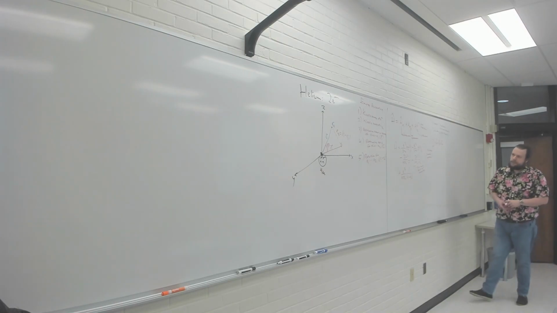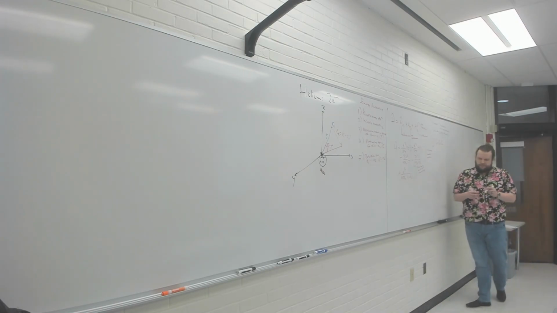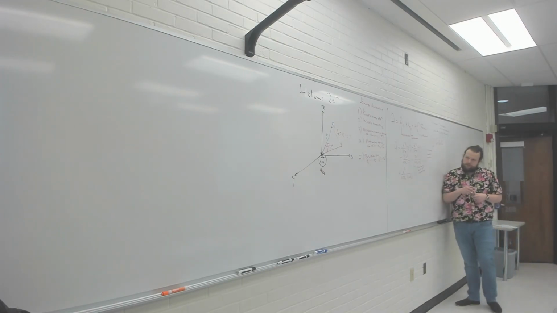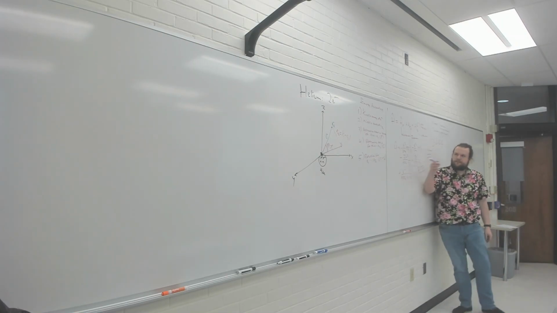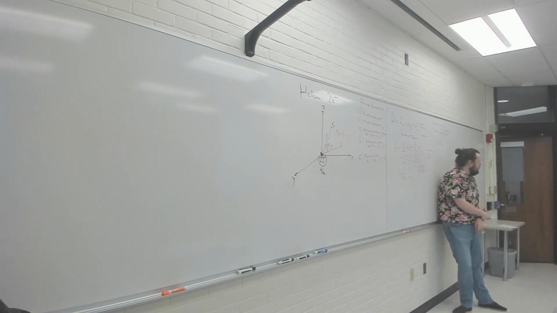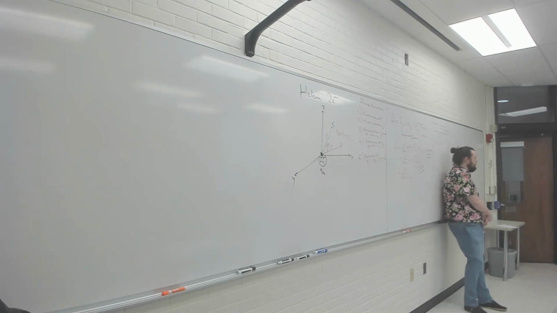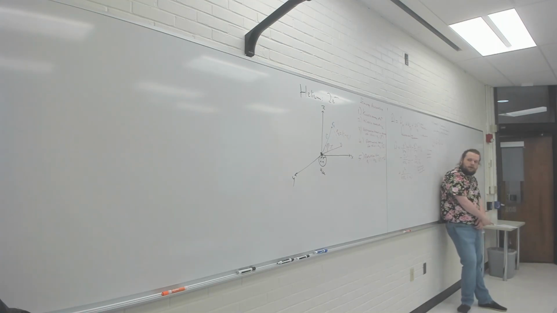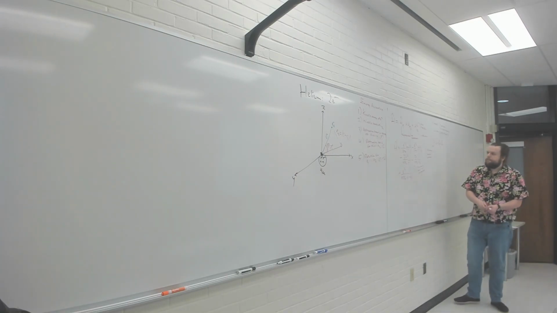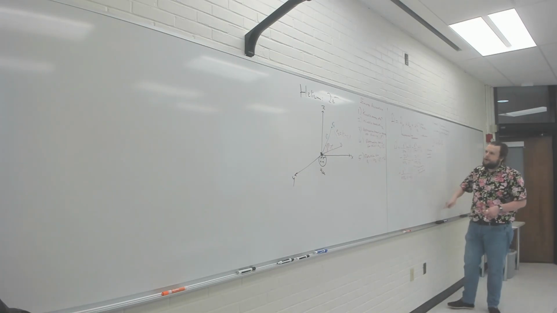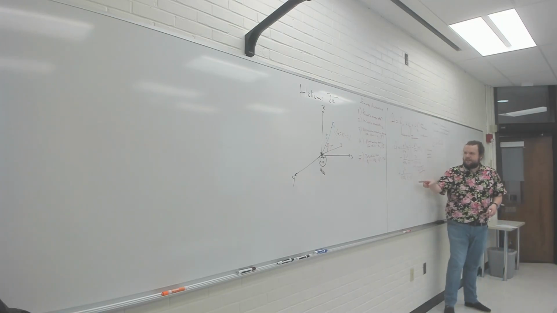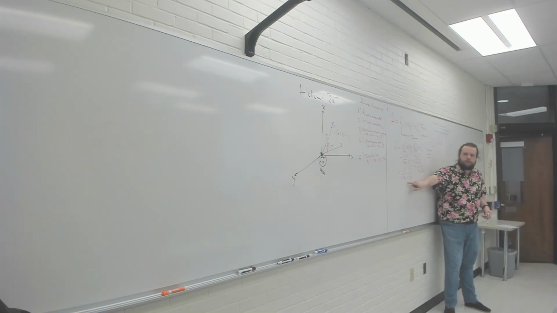Okay. So now what I have is an expression for my energy with respect to the position of electron 1 and with respect to the position of electron 2. But the problem is I also have a term that's dependent on both. This term right here is dependent on the position of R1 and R2. So depending on where R1 is, it changes where R2 is going to be in order to minimize this